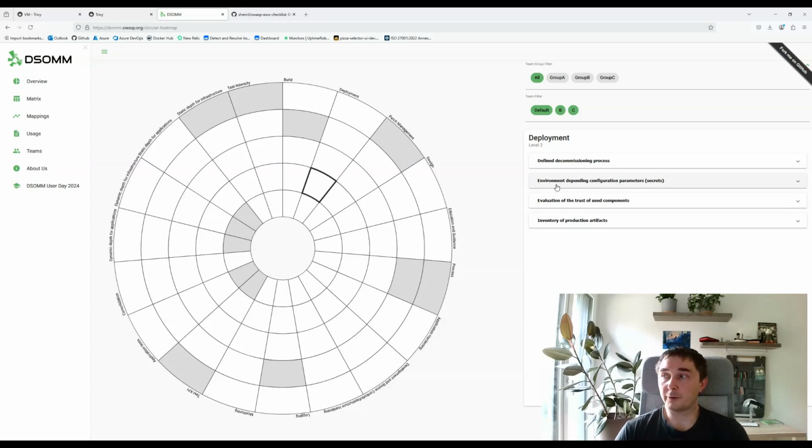Next is the environment-dependent configuration parameters and the secrets, and it can be a lot of words, but pretty much what it means is that you shouldn't hardcode any secrets and use something like,